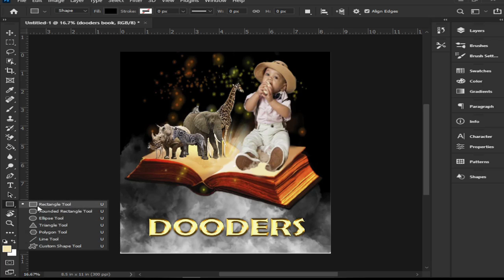Okay, within that set, you have the rectangle tool, the rounded rectangle tool, the ellipse tool, the triangle tool, the polygon tool, the line tool, and the custom shape tool. All of them share the same shortcut, which is U. And again, I'm just going to throw this in there